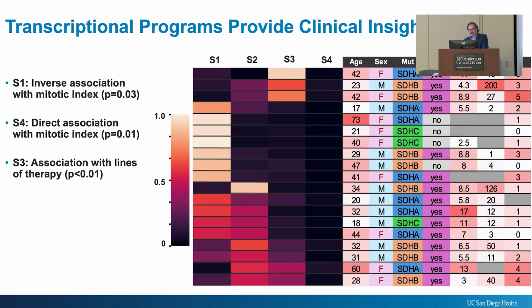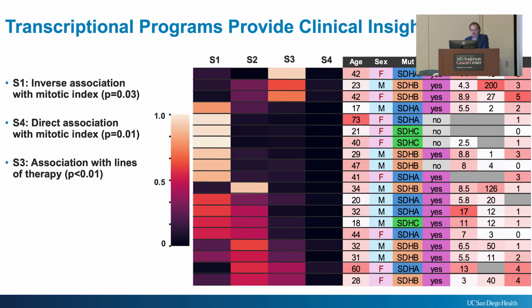These states have associations, whether direct or inverse, with some of the common features that we think about. So for instance, these state 1s we think will probably tend to be more indolent tumors. They actually have an inverse relationship with the mitotic count. So the higher state 1 you are, the lower the mitotic count is, you can see here. State 4 over here, which is a little bit hard to see, has a direct correlation with mitotic count. So the high state 4 tumors, you can see right here, the second one has a mitotic index of